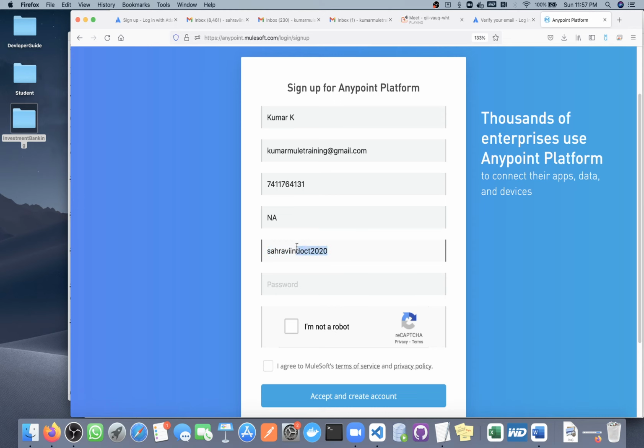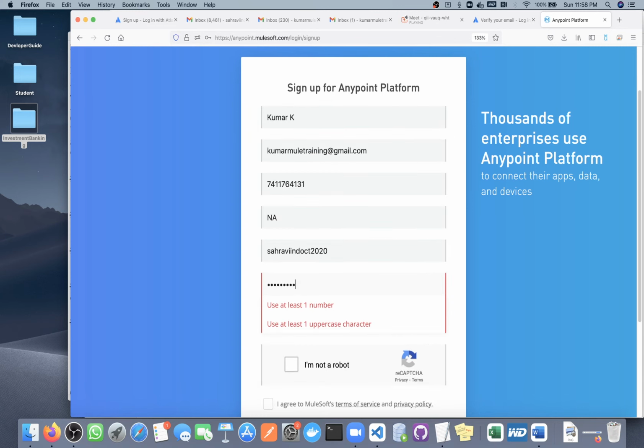Since every month I have to create an account, and even when you join a company you will have some personal account also, it is better to put the month and year at the end so you can keep creating multiple accounts. Whenever you create the next account, the email ID and mobile number can be the same, but this ID should be different. Every time you need to change this ID.